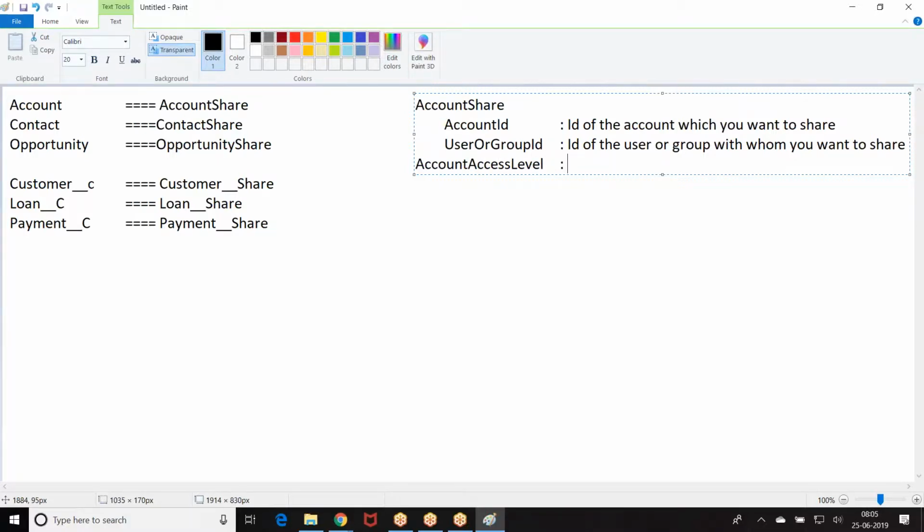Account access level: what type of access? Then we add ROCAS. ROCAS means reason for, manual.